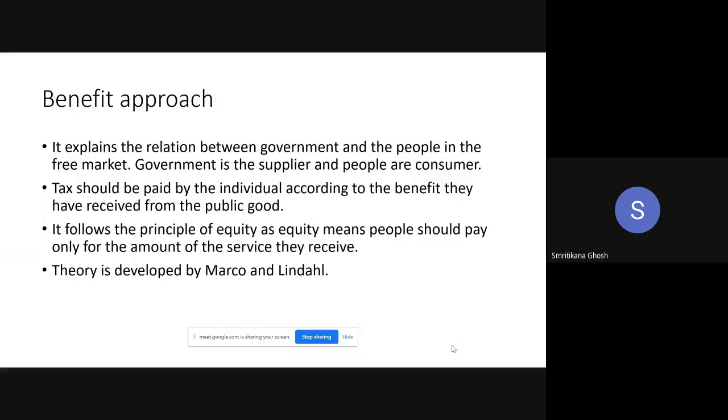So what is the benefit approach? Don't forget about the technicalities. If you can see that, if you can hear me, I'm very happy. So the benefit approach, what is that? Apparently it's very easy: if you are getting any benefit, you have to pay. If you are getting more benefit, you should pay more. If you are getting less benefit or zero benefit, then you have to pay very little. So this is the benefit approach. Paid for what? Paid for the public goods,